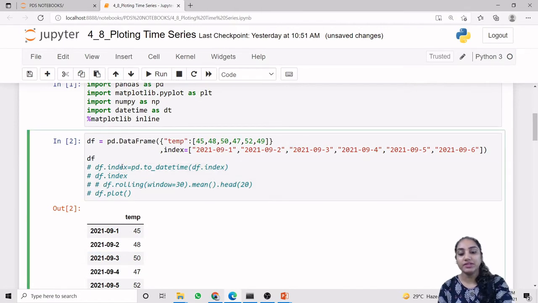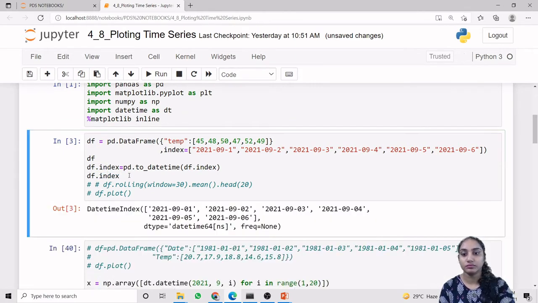Now what is our task? Our task is to convert our string values to datetime for the time series deployment. So we are using the pandas method to_datetime, in which we provide our df.index value and we store that value again to df.index. Now we are printing our df.index. So this is our index value.